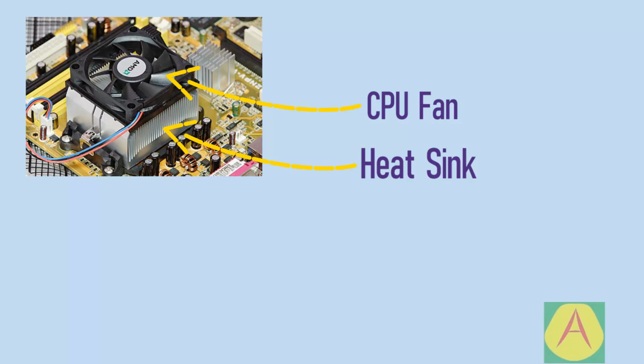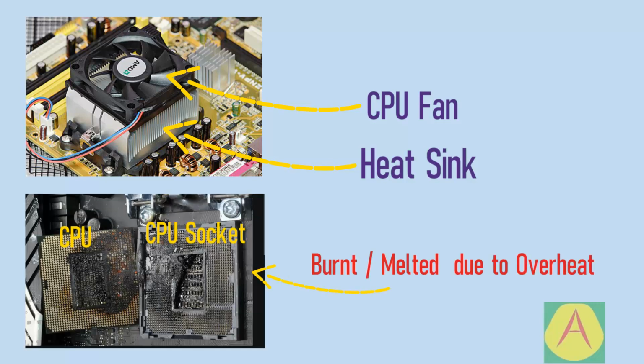And if you don't remove that heat, CPU would get overheated and would burn or melt as shown in the below image. So to prevent this, heatsink is fixed on top of the CPU. Heatsink will absorb the heat and move the heat away from the CPU. And the CPU fan is to circulate the airflow. It will move out the hot air and pull in cold air. Now you know the reason why heatsink and the CPU fan are fixed on top of the central processing unit. In modern computers, there is a feature that computer would shut down if the CPU gets overheated. But you have to always use a heatsink and the CPU fan. If not, your chips inside the CPU might get damaged due to overheat.